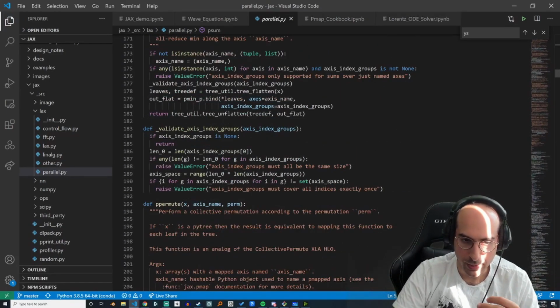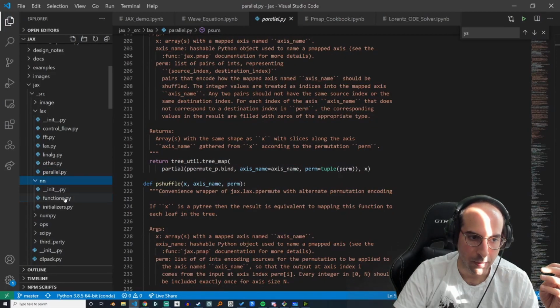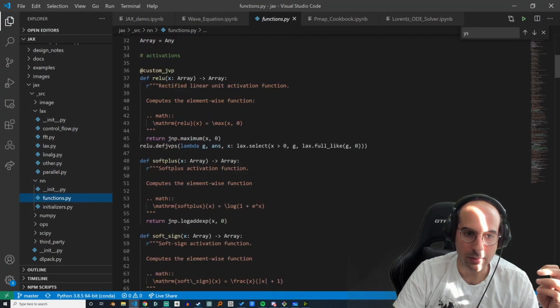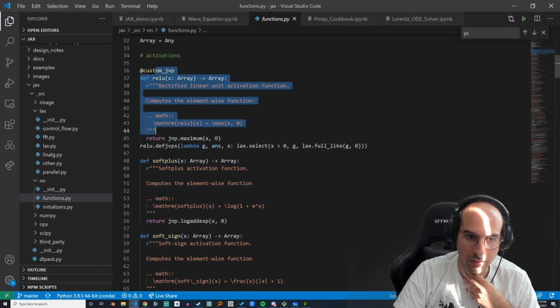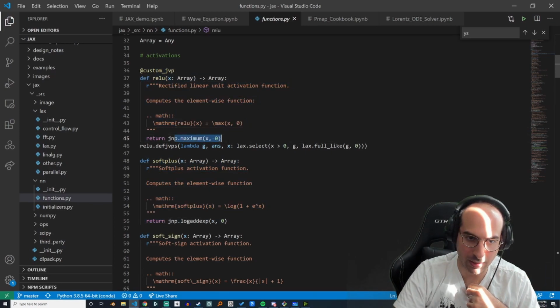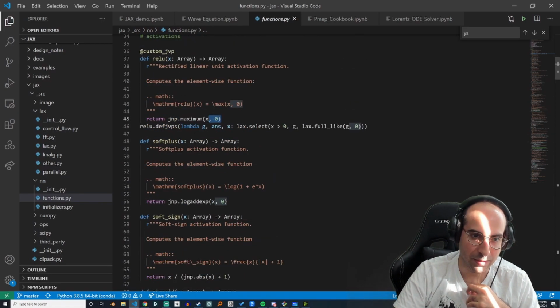And then PMAP is basically a way of, okay, how do you actually get this stuff to work fast on a GPU? You'll see there's some neural network stuff, like some simple activation functions. Here's what ReLU looks like. It's just a max of the value and zero. So that's how you can make something,